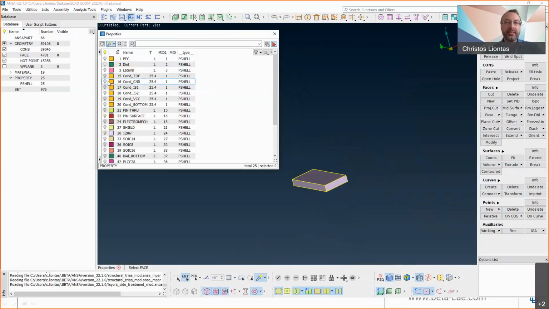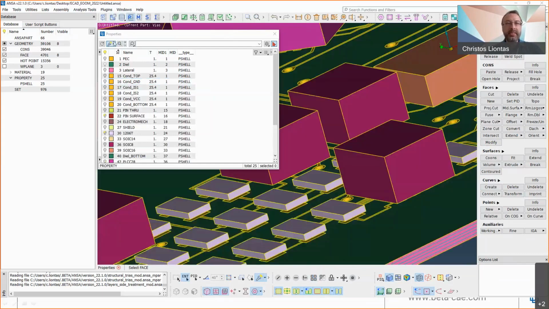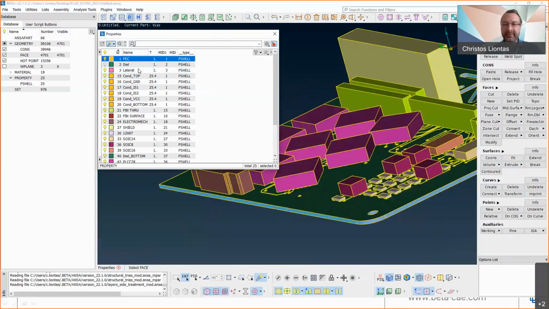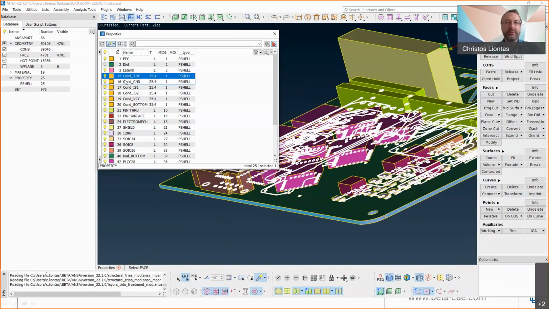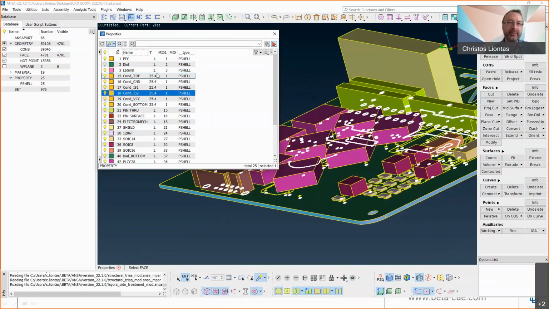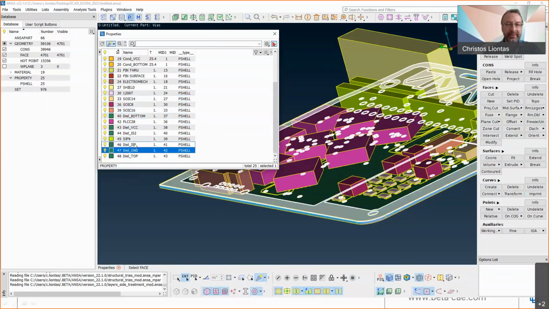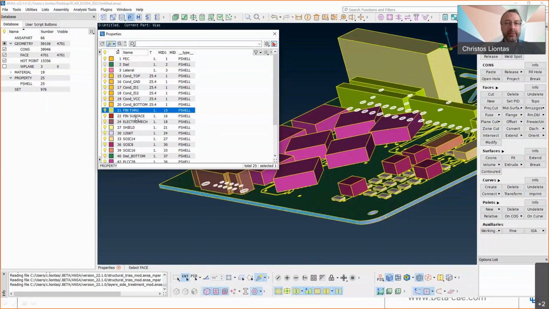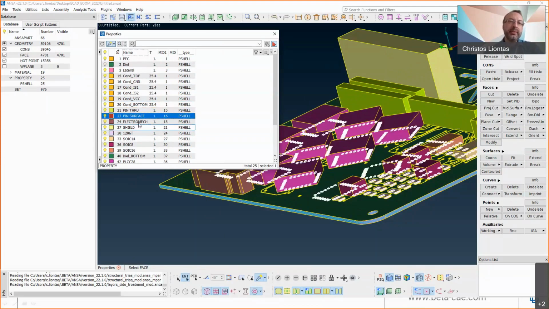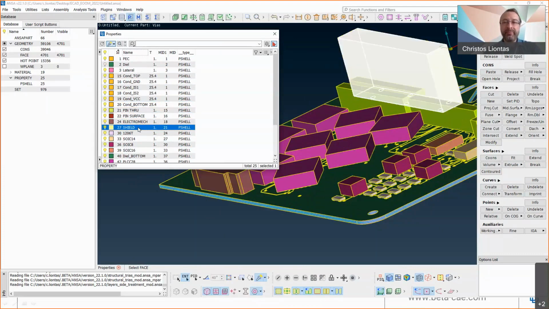Then we have the property data structure. So as I told you, the PEC property is the property of the conducting vias, as you can see. The lateral property is the property of the lateral faces that bound the PCB. Then you have the conductors on each layer, which have different material properties and the correct thickness in microns. You have properties for the dielectric interfaces between the layers. And for the component pins, according to their type, you have different properties if they are through-hole components or SMD components. And for each specific type of package, you have a different property.